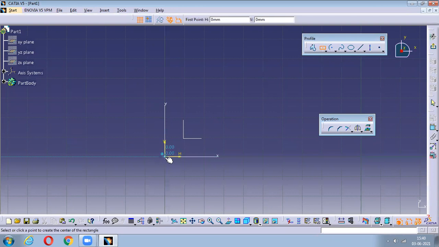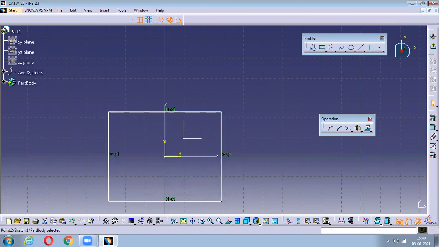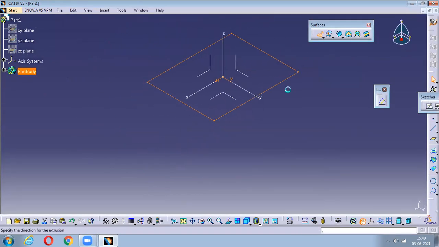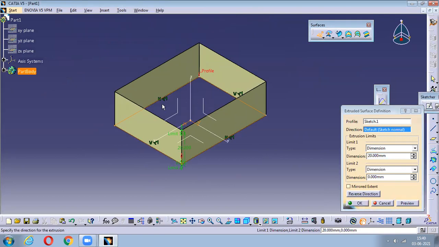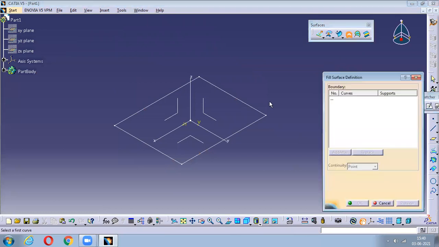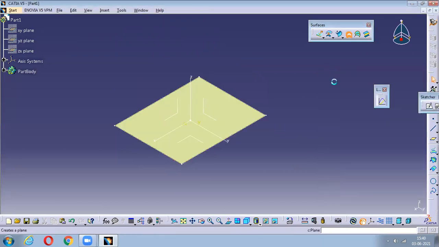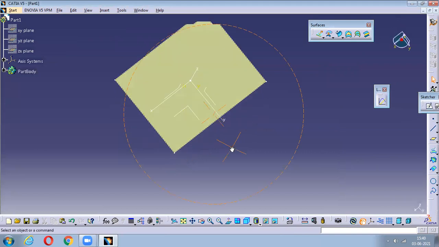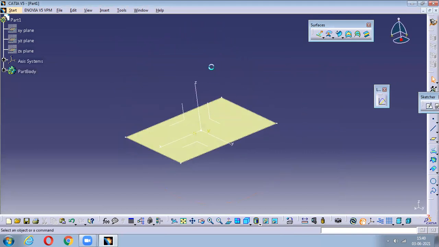if you have a centered rectangle like this, and you try to add material to this, it will be extruded in this pattern only on the walls. If you want to make it fill, just go with this fill here, select this and say okay. It needs a closed boundary. Irrespective of the shape, all it needs is a closed boundary. If you have a closed boundary, the material will be filled inside and it will act like a plate. Any doubts?